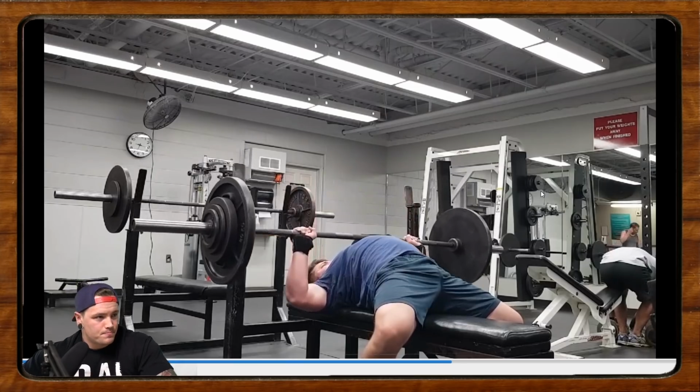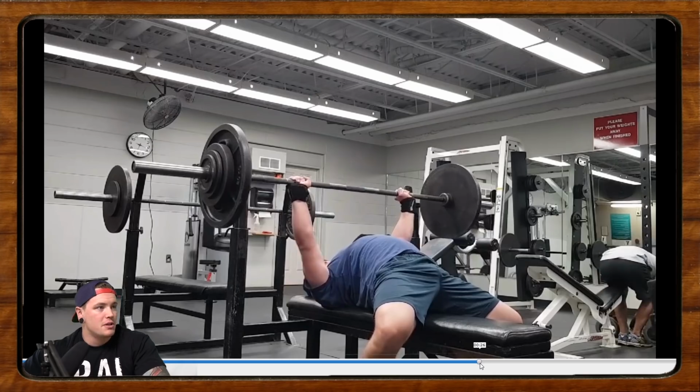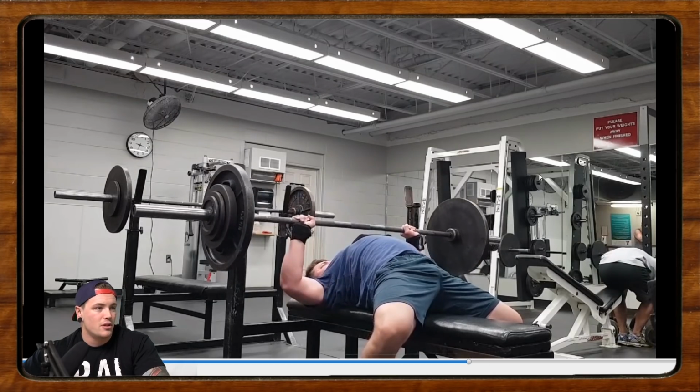So one of the things that I would try to work with on your bench, and I do offer this a lot as a suggestion, is trying to get your grip just a tiny bit wider. This to me looks like a very close grip bench, and if we look on the press, we have this little bit of an angle from the wrist kind of out,